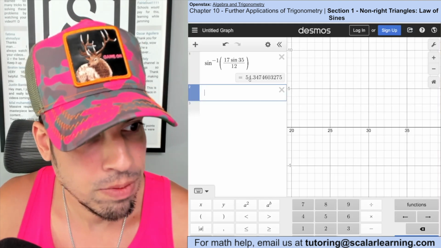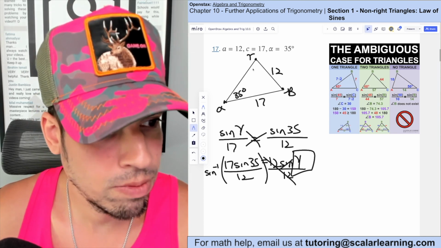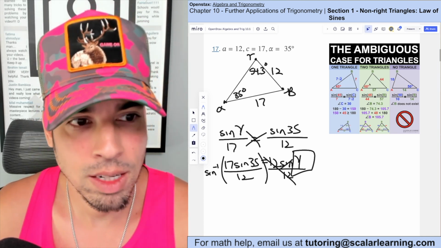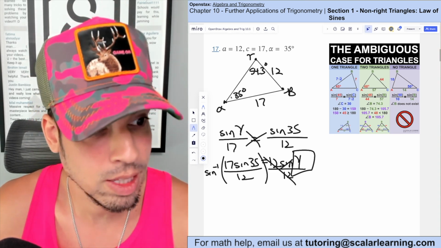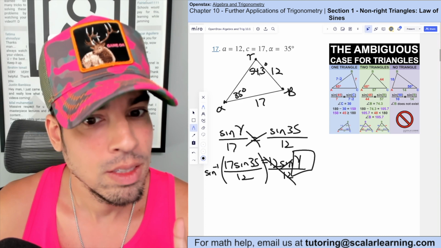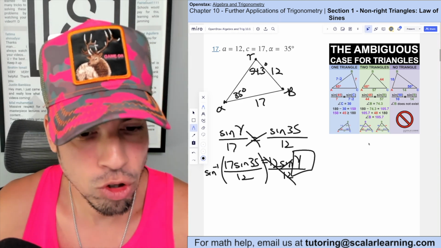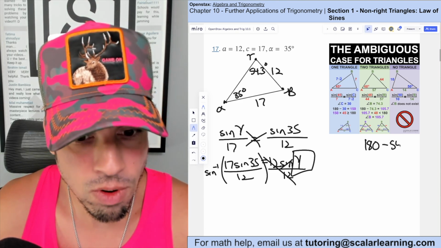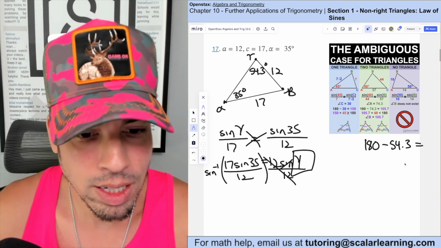So here we get 54.35, or rounded to the nearest tenth, 54.3. And now we're going to test to see whether we have two triangles, one triangle, or no triangle. Well, we definitely have one triangle at least, right? This is viable. Now, to see if this is legit, what we're going to do for two triangles is subtract that new angle that we just got from 180, basically finding what's supplementary to this. And what we're going to get is